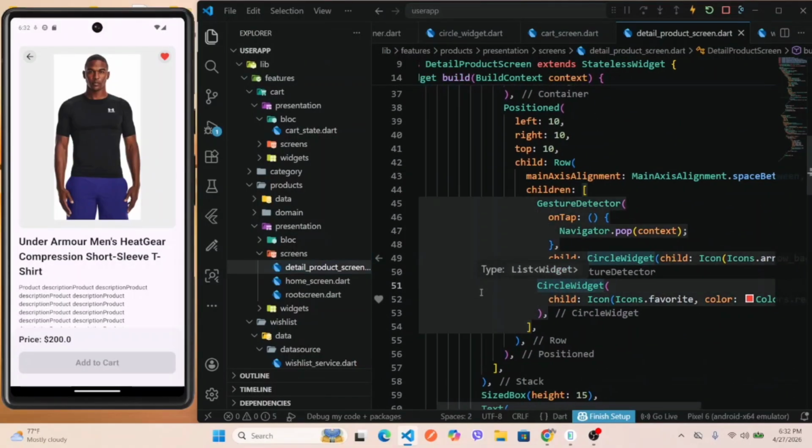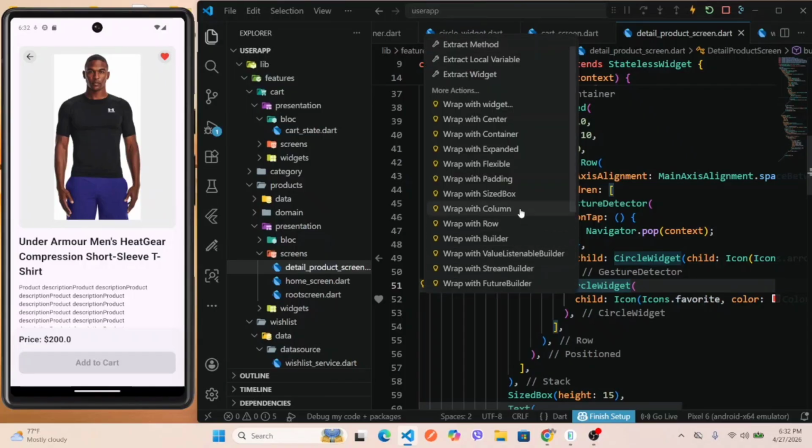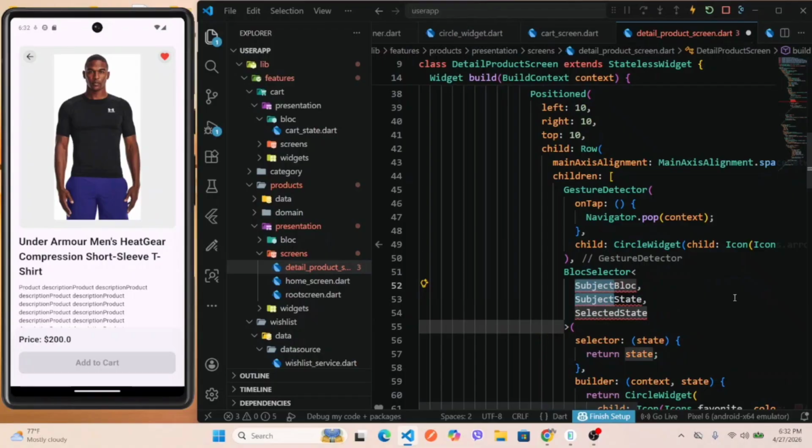Let's wrap this circle widget with the block selector and